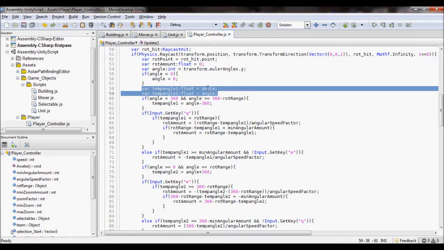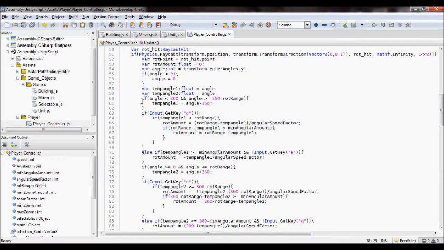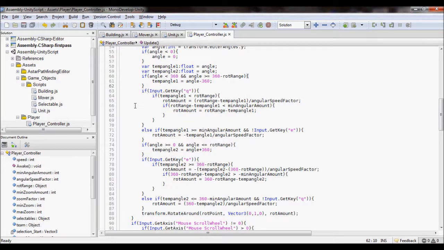My temporary angle 1 represents the conversion of 359 to 330, and converting that to subtract 360 to make that a negative value, because I was running into the issue where 0 was within the range of 0 to 30, which is my rotation range, so you guys know,